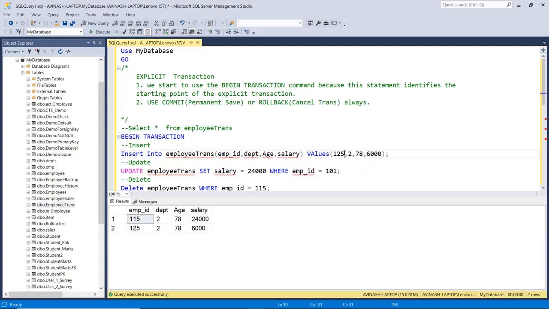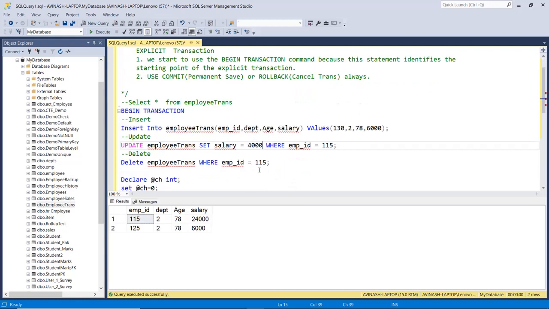Then I insert 130, and for 115 change salary to, say, 4000, and delete, say, 125.